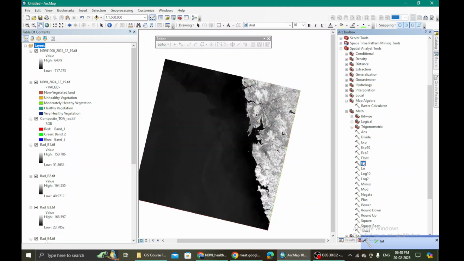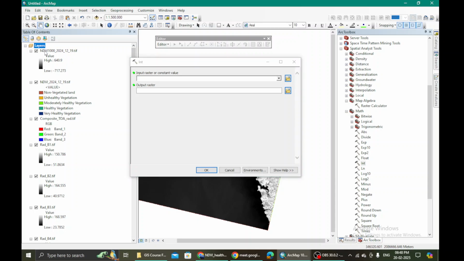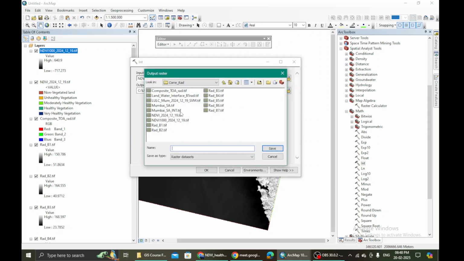I hope you're there with me. You're doing this, right? If you're stuck somewhere, please tell me. This NDVI value that I have multiplied by 1000, I bring it here and now I create an Int of it.